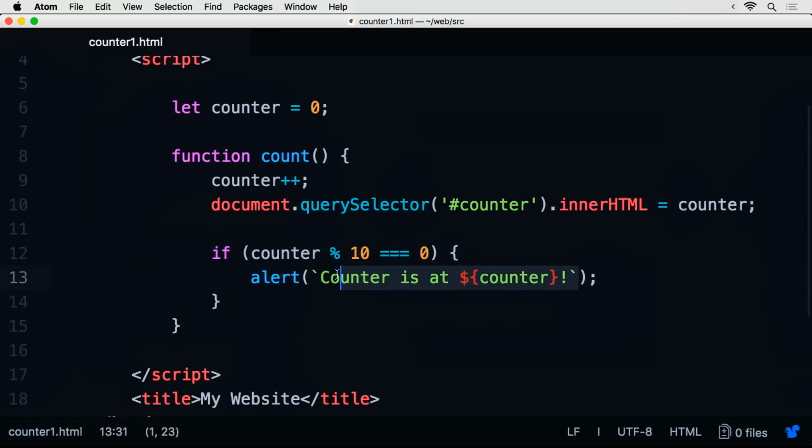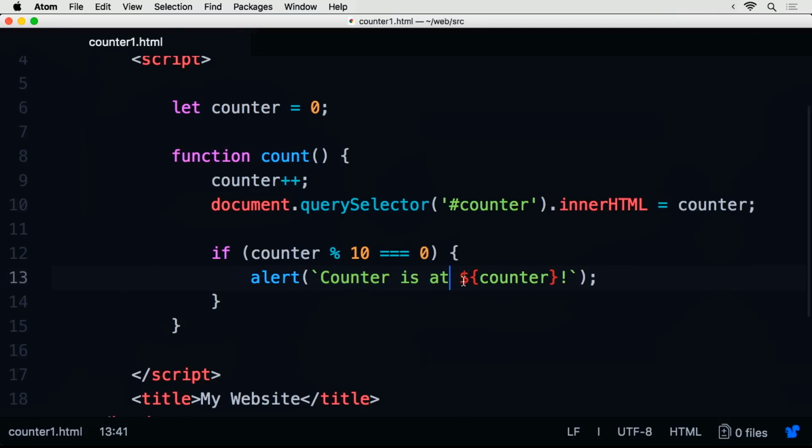this is an interesting feature of the more recent versions of JavaScript, including ES6, where this is known as a template literal. You think of them like formatted strings in Python, where I want to alert something, but I don't just want to alert some string that is always going to stay the same. I want to dynamically generate that string with some contents of variables that exist inside of my JavaScript code. And so to do something like this, the way you would do that is instead of using quotes, either single or double quotes, as you normally would for strings, we're using the backtick symbol, which on US keyboards is right above the tab key. And we say in this alert, the counter is at, and then to plug in a